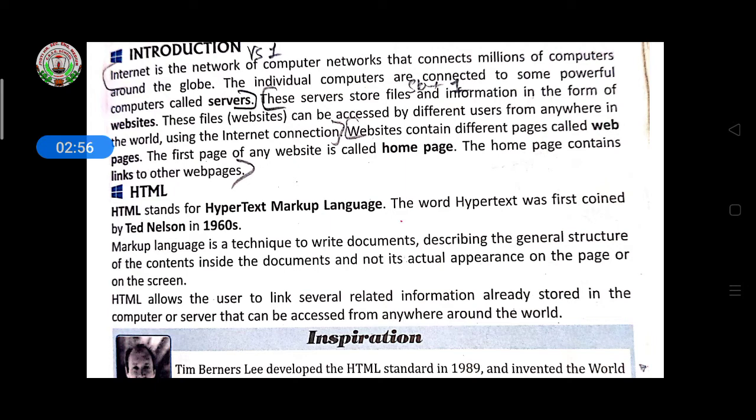If you want to open amazon.com, suppose you write in the address bar www.amazon.com, so that http will link to that server, then that server will give you the access permission to access the Amazon website. Then it will show all the content of that website, means all the web pages of that website. Like this the internet server will work.